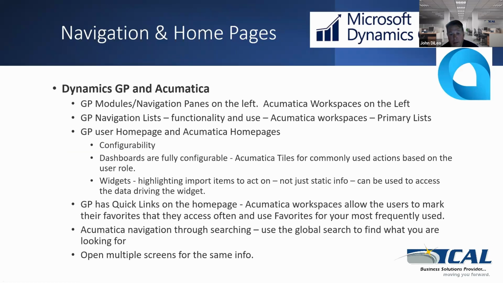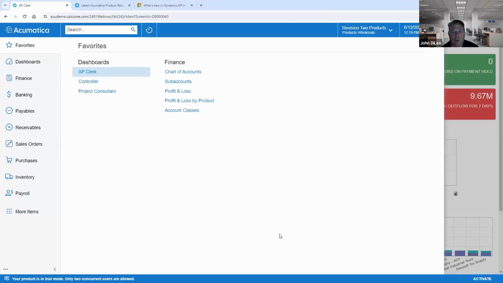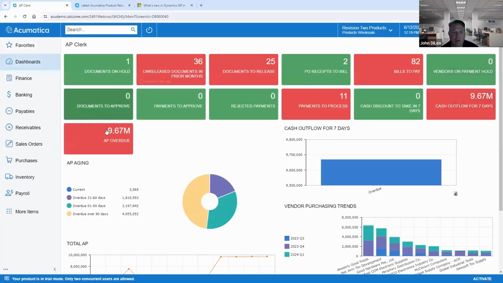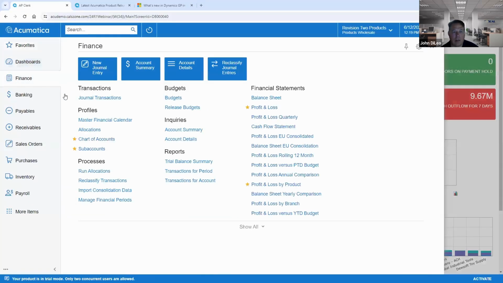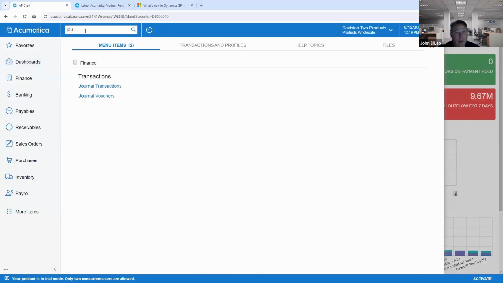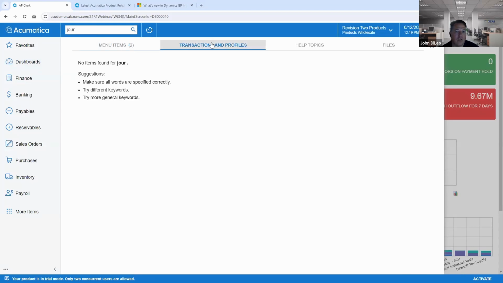Acumatica's navigation, searching. GP doesn't have anything like this. So when we're talking about navigation, obviously we can get there many different ways, but I could also search. If I just start typing and I know portions of it, it starts pulling up anything with that text. So basically it's searching anything here. As I start typing, it's also searching transactions. So if I were to type in a portion of an invoice number,